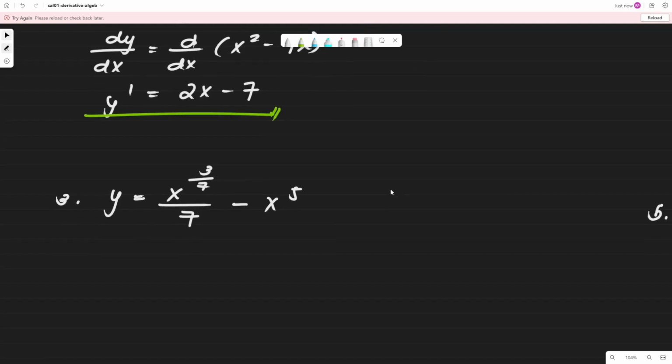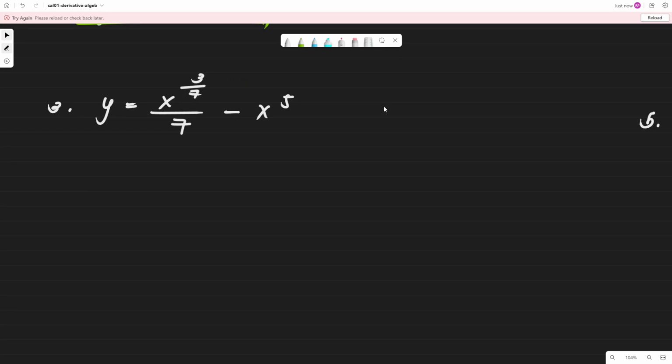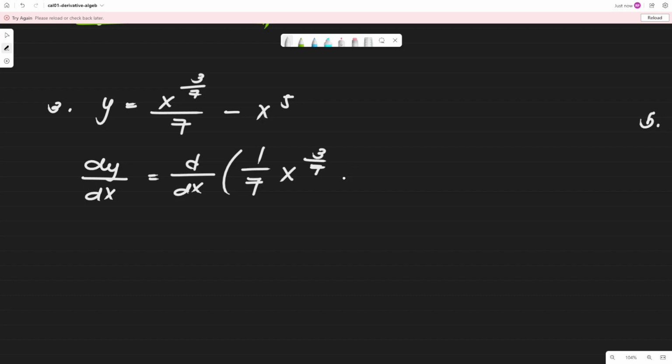So, very easy. We have y is equal to x raised to 3 over 7, all over 7, minus x raised to 5. So, we have dy over dx. Let's get the derivative. So, we have d over dx. I'll separate the 1 over 7 from x raised to 3 over 7 so it's easier to see, the constant. Because 1 over 7 is actually a constant. Then minus 5. So, therefore, we have y prime is equal to 1 over 7 multiplied to 3 over 7,